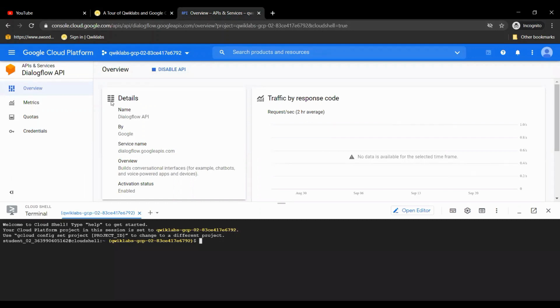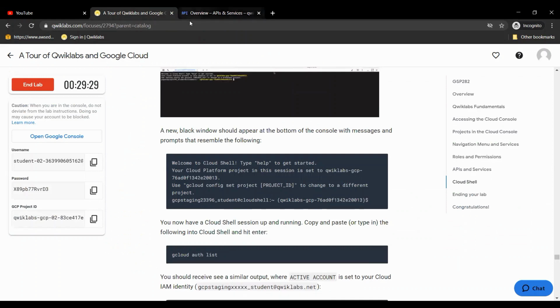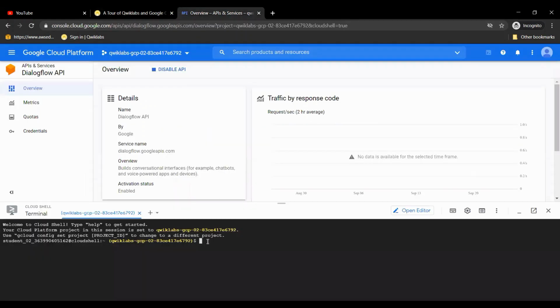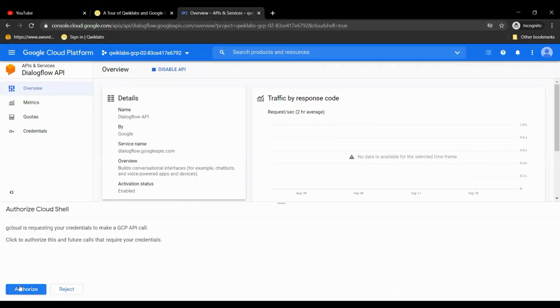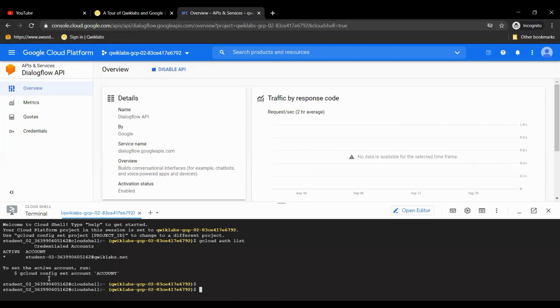Just a second, we'll copy paste from here. It is asking us to authorize. We'll click on it. And here you can see the output. We got the project ID that was mentioned in the credentials.